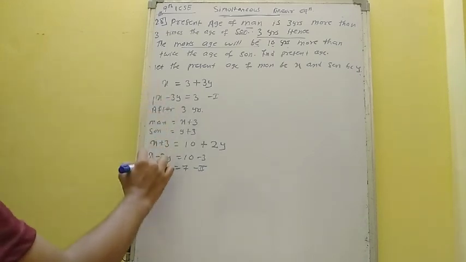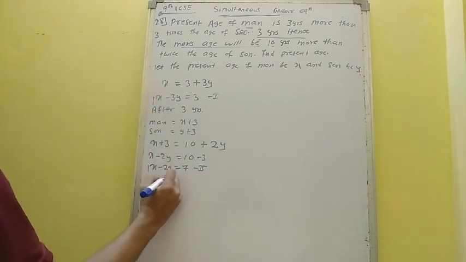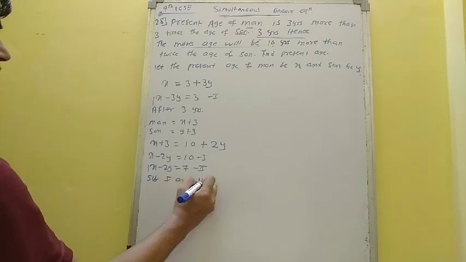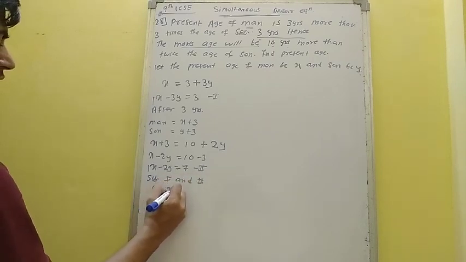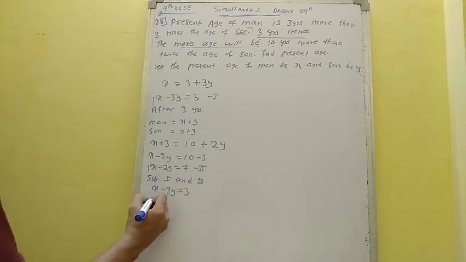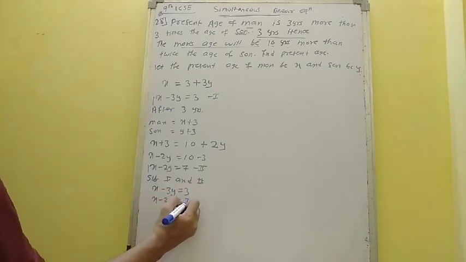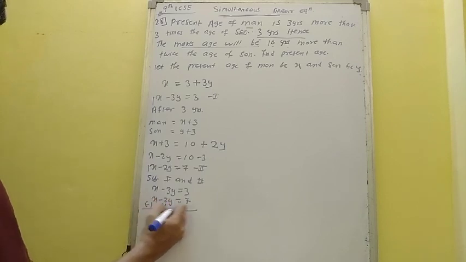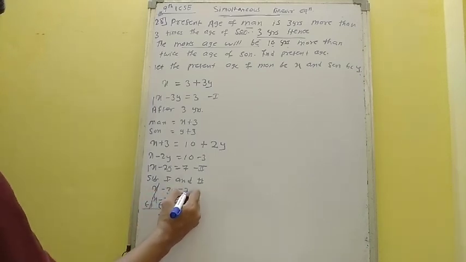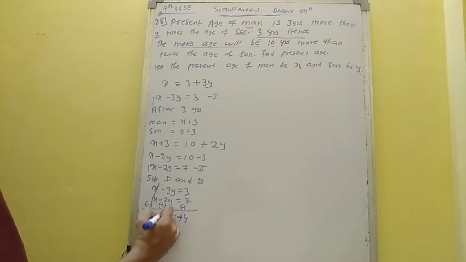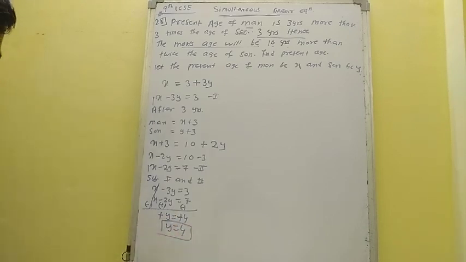Okay, so we have 1, subtracting 1 and 2. We have x minus 3y is equal to 3 and x minus 2y is equal to 7. Minus plus, minus x plus x gets cancelled. Minus 3y plus y is minus y. 3 minus 7 is minus 4. So we have y is equal to 4. What is y? Y is the age of the son. This is wrong.